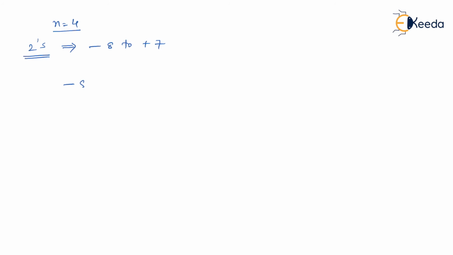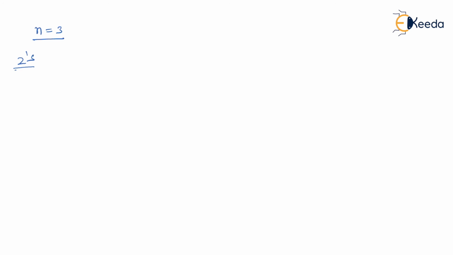So it goes this way, minus 8, minus 7, then we have minus 6, and we go up to, let's say, minus 1. So again, this range what we have taken is for n equal to 4, but we have taken an example of n equal to 3. So we will just roll back and correct this for n equal to 3. The example that I had taken for n equal to 4, but since we have taken n equal to 3 on the previous slide, we'll stick to the same one.